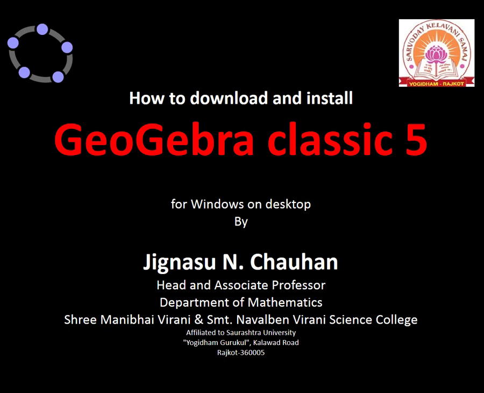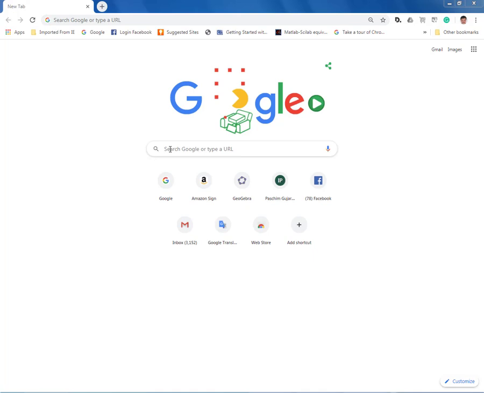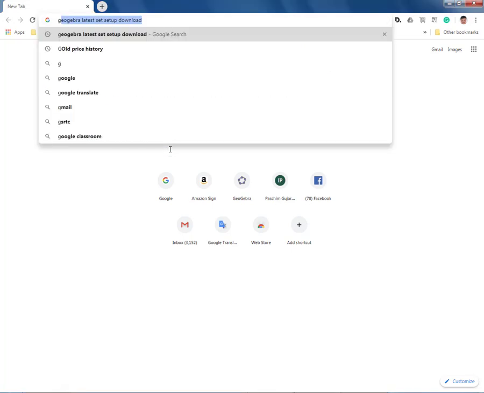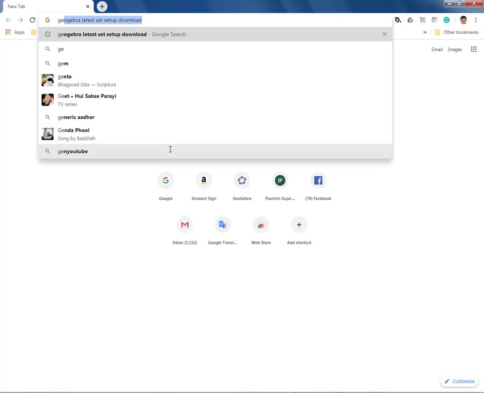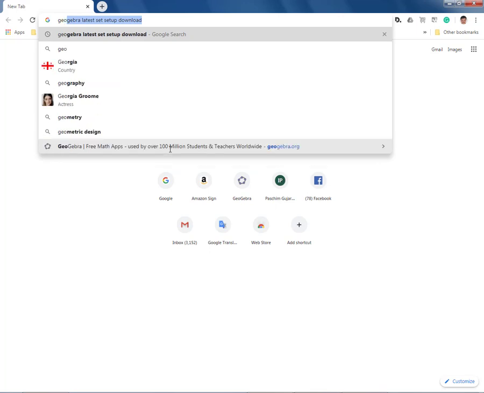Today let us start with how to download the setup of GeoGebra Classic 5, and later on how to install it. First of all, let us open any browser like Chrome or Firefox. You may just Google search GeoGebra